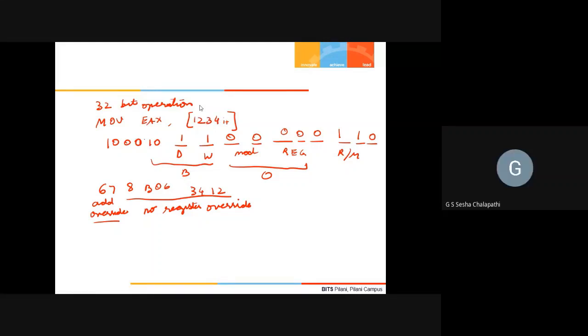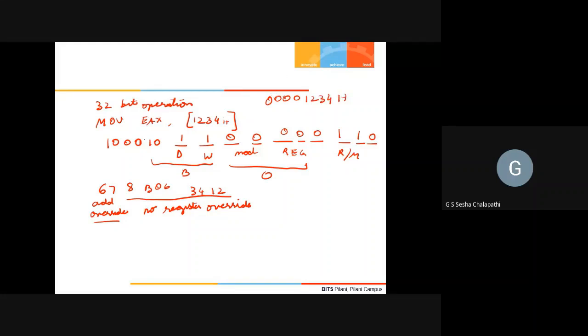But there is one caution here, or you can say one disclaimer. I have to check this a little bit, because one possibility is that whenever you mention move EAX, 1234H, this 1234H can get zero padded. That means it can be extended to 32-bit, and the processor will understand it as 00001234H. It will interpret it as this.